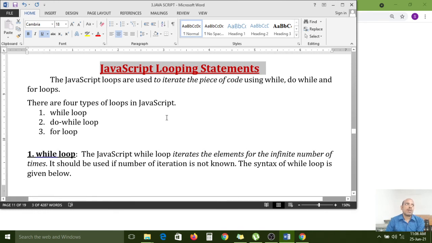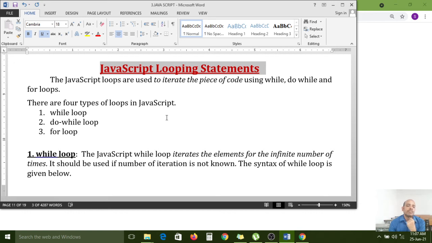For example, if you want to print the college name one time, you can use document.write one time, or you can write that code 10 times. But if you want to do it 1 crore times, you have to write it again and again. That is a burden to the user to write 1 crore lines of code in our program, and the processor also has the burden of reading all those 1 crore lines of statements.